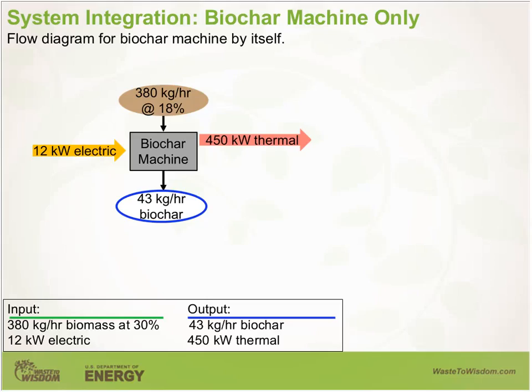So now I want to talk about integrating this system within a larger biomass conversion scheme. This first slide shows basically a flow diagram for the biochar machine. The values shown here are the mean from all of our testing. We see 380 kilograms of feedstock at 18% moisture are converted into 43 kilograms per hour of biochar using about